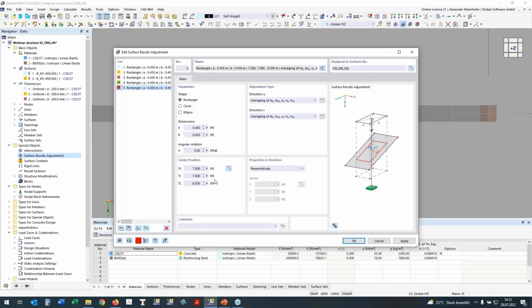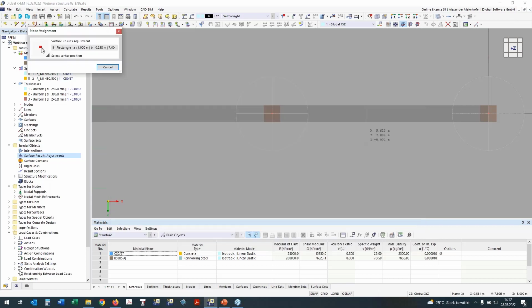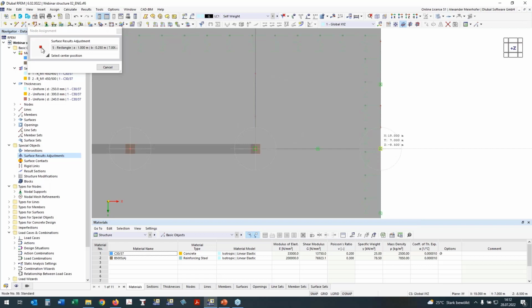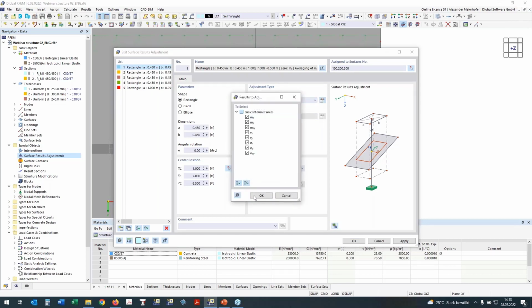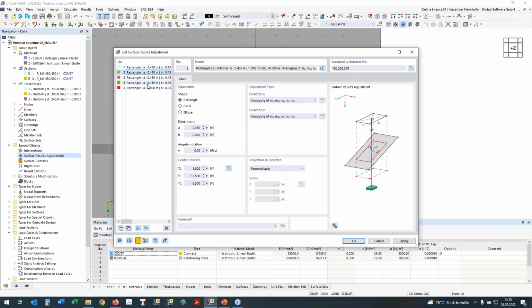I make one new one and want to define it also over the wall. The width is 25 centimeters, and I defined a little bit bigger area here because here is a wall. Define it also in this area. I made one mistake: I forgot to define the adjustment type. I want to set it to 0, and I want to set all inner forces to 0, and this should be done for all